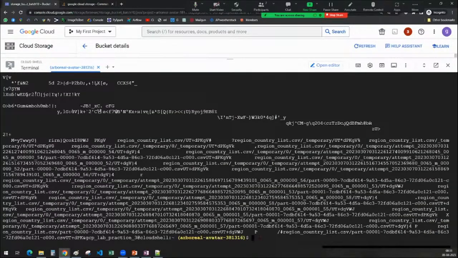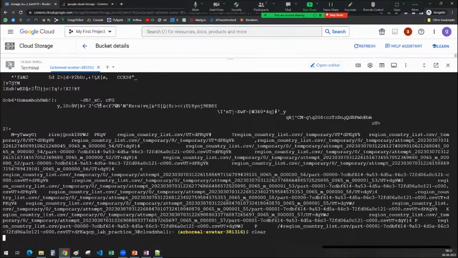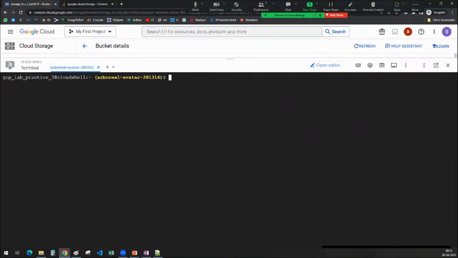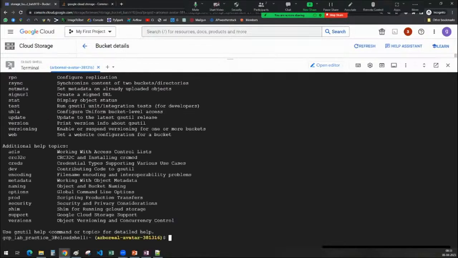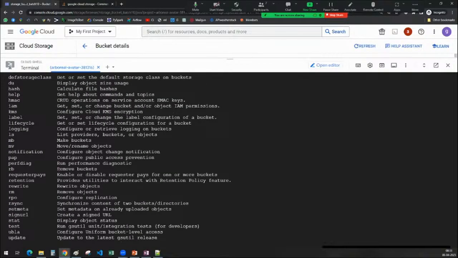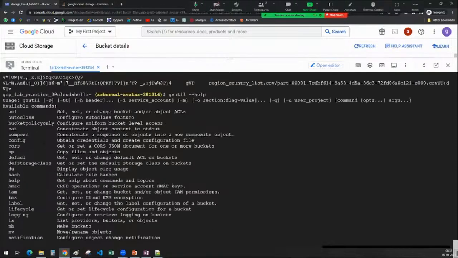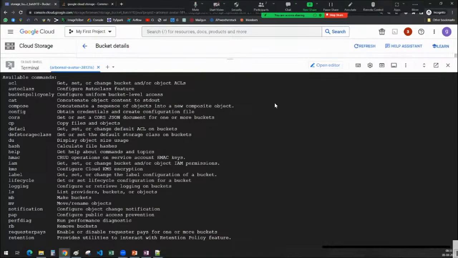Okay, so these are the things that you can all do, guys. What you have to do is create a bucket from the console, create a bucket from the Cloud Shell, and try to do some activities from both ends. If you wanted to have more commands, gsutil help, you can click on help. You will get some help here. So what are the commands inside gsutil? You will be able to see all of the things here. Okay, so for example,